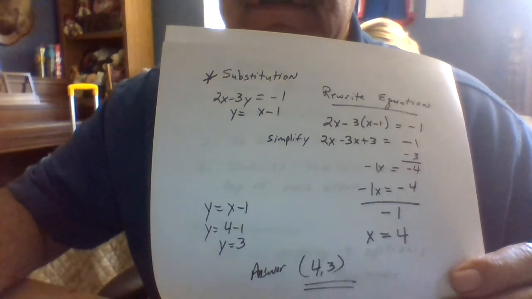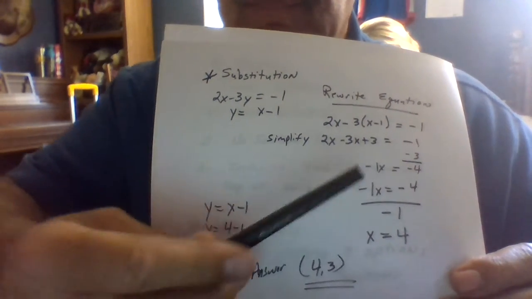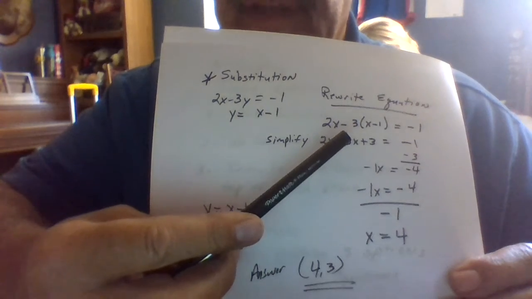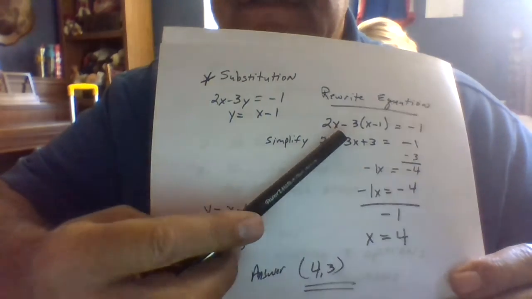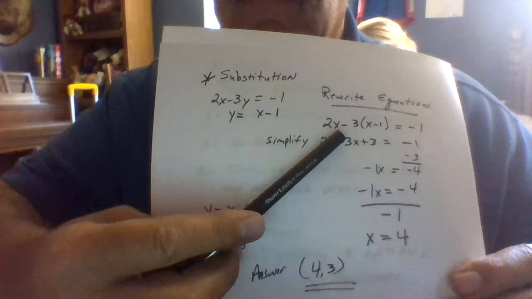Then I go ahead and use my distributive method, negative 3 times x is negative 3x, negative 3 times negative 1 is positive 3. Now I've got